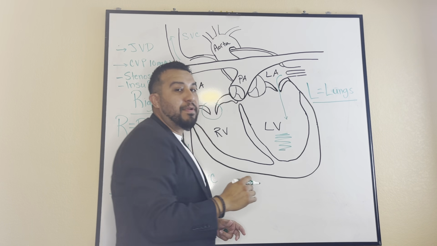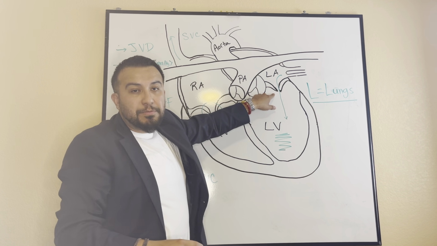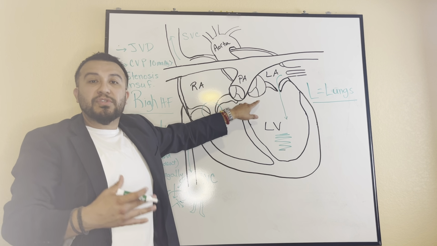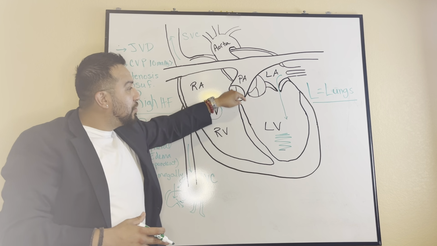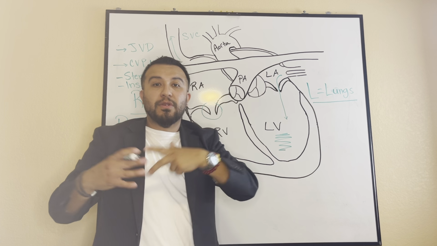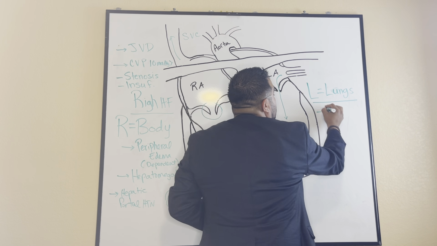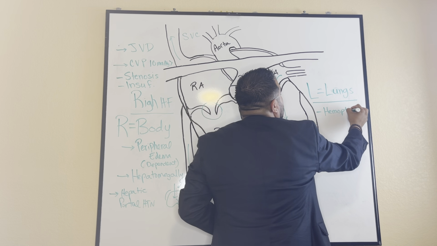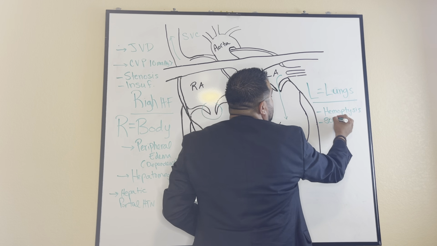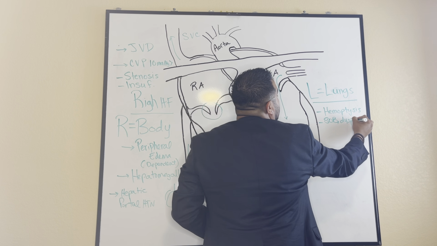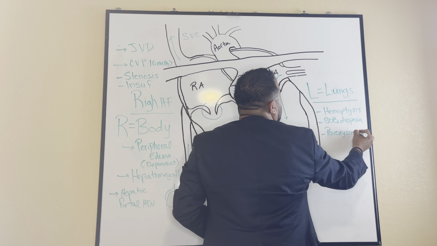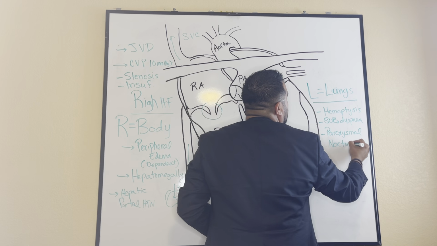When it comes to left-sided heart failure, or if you have mitral valve stenosis or insufficiency, or if you have aortic semilunar valve stenosis or insufficiency, eventually that blood will start backing up into the lungs. L, left-sided heart failure for lungs. And so we're going to have things like hemoptysis, which is coughing up blood. We're going to have shortness of breath, dyspnea, paroxysmal nocturnal